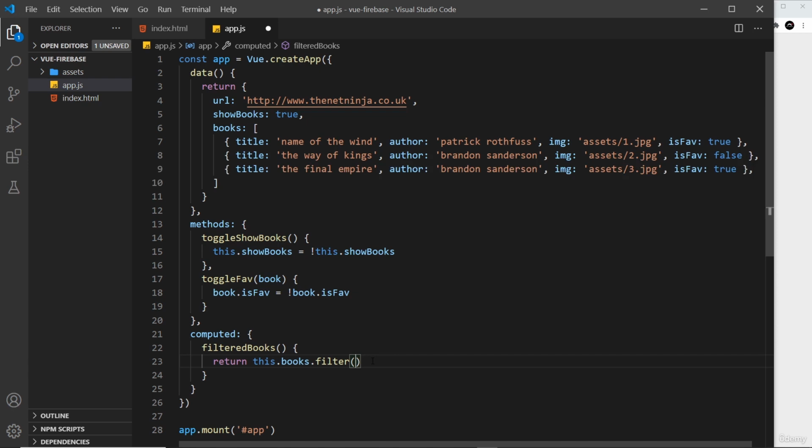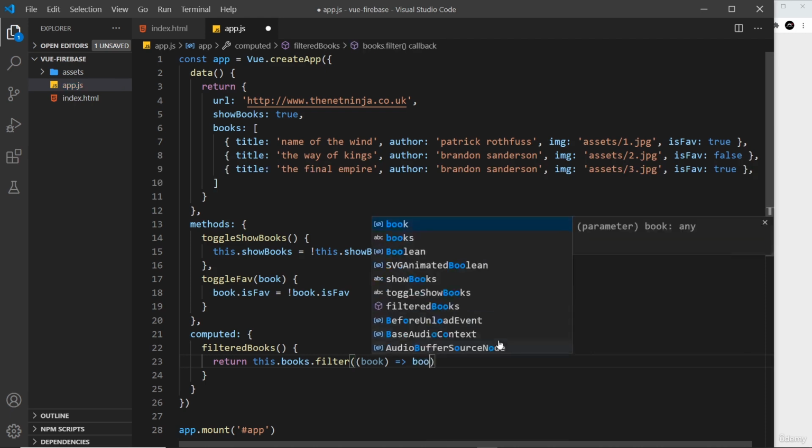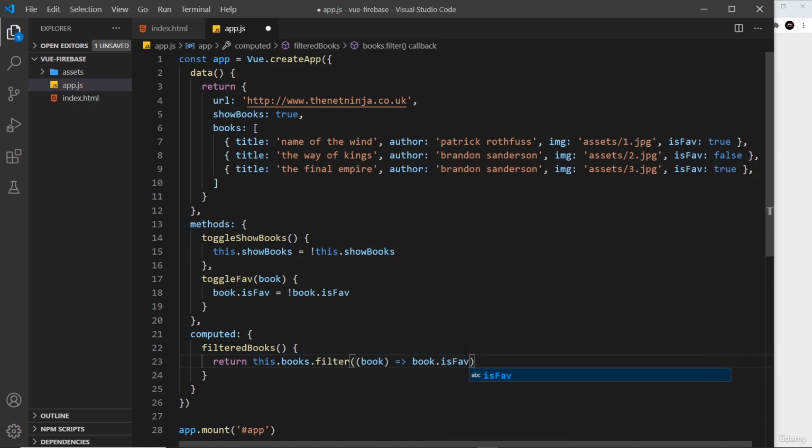But essentially, this fires a callback function for each item inside the books array. And it's going to fire that function. And if we return true each time we fire that function, we keep that item in the array. If we return false, then we're going to filter that item out of the array. So we fire a callback function for each item, and then we need to return either true or false right here. Now, each time we iterate through, we get access to the book we're currently iterating. So I can pass it in right here, and I want to return true if it's a favorite. So I can just say